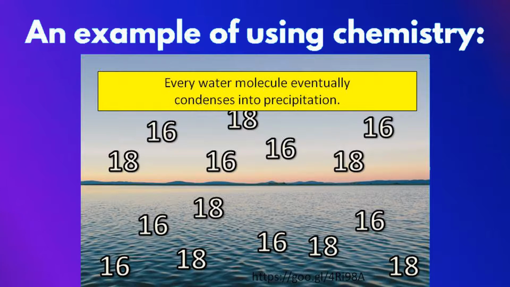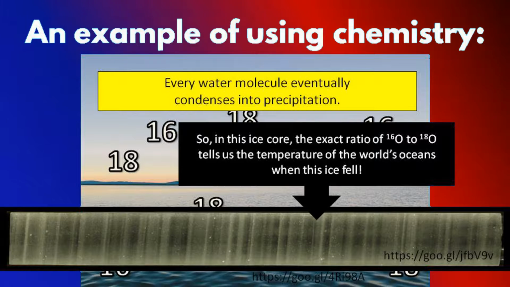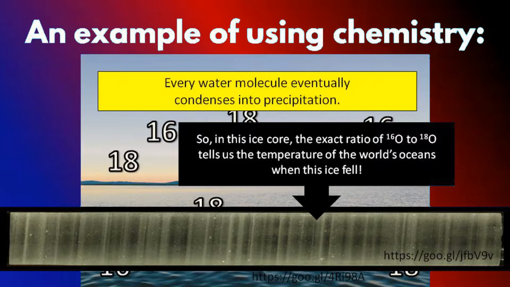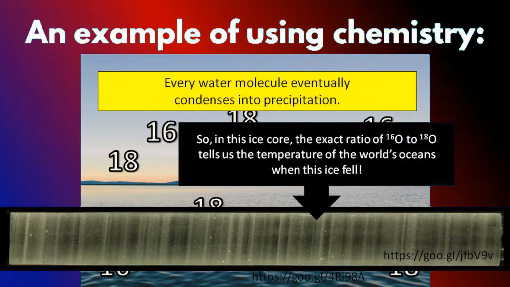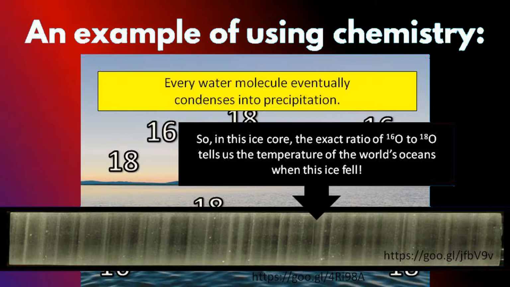Well, every single water vapor molecule in the atmosphere eventually falls out in the form of precipitation. So that snow that fell on a glacier and became part of the glacier, that's water vapor that used to be in the ocean and then evaporated. So if the atmosphere was mostly water vapor that contained oxygen-16 and some water vapor that contained oxygen-18, the snow will be just like that. And so if we can go into our ice core here again, extract little bits of it and determine the ratio of water containing oxygen-16 to water containing oxygen-18, we now know what the world's ocean temperatures were at the time that that record was taken.